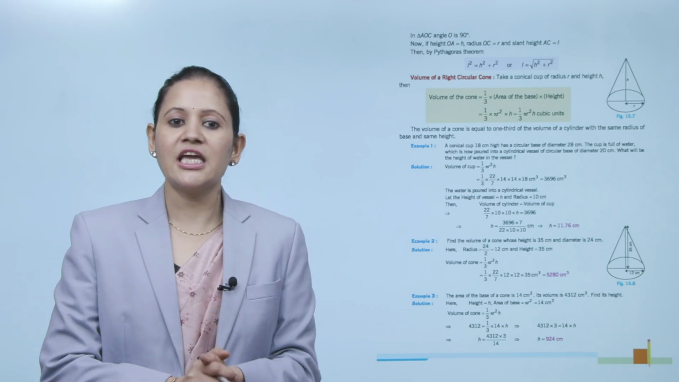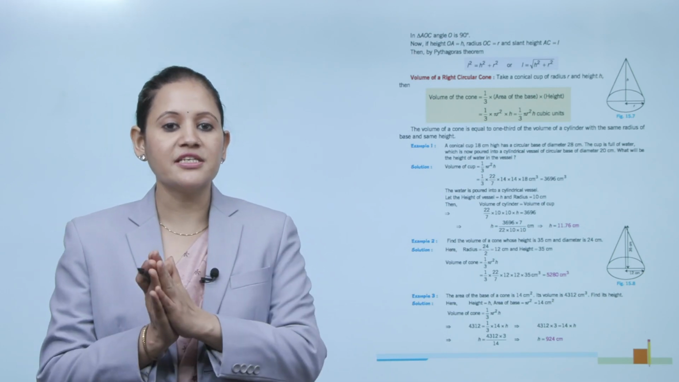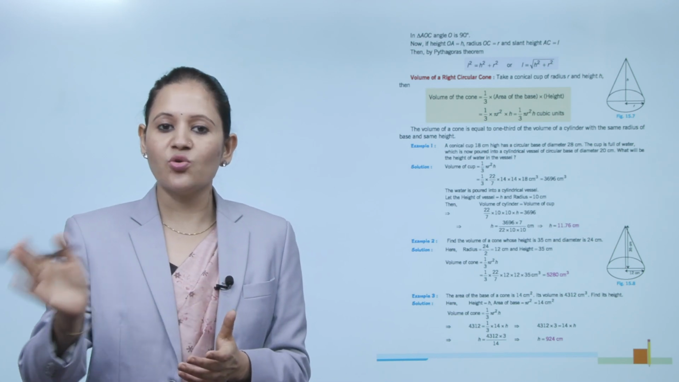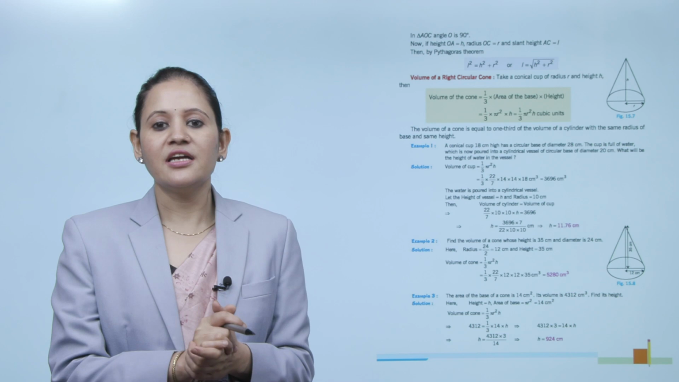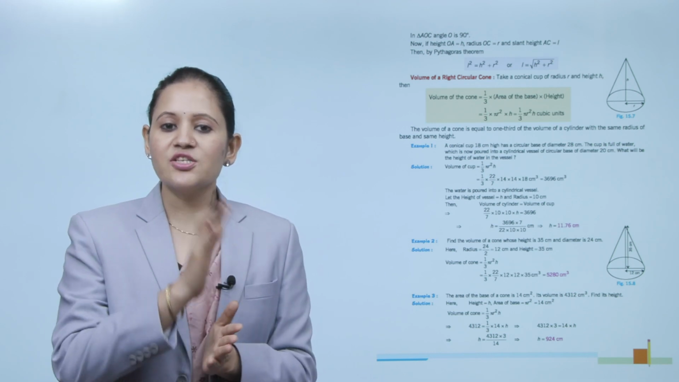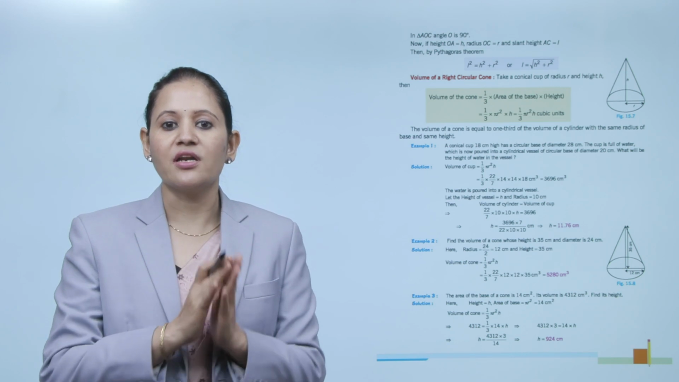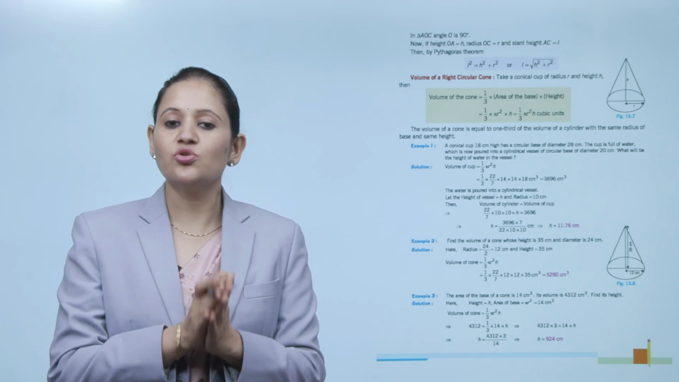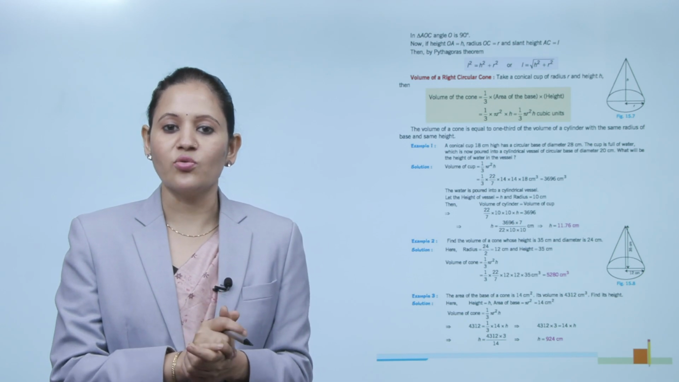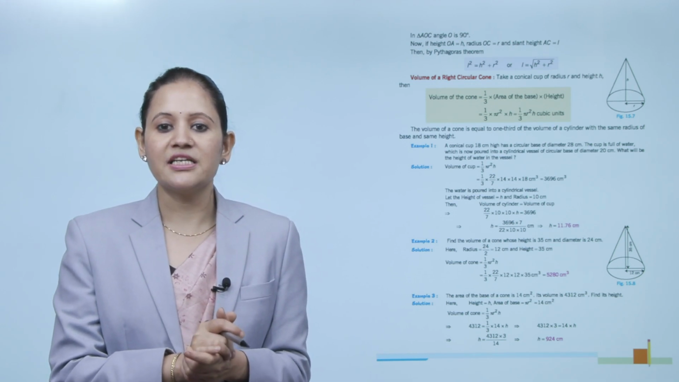In triangle AOC, angle O is 90 degrees. Now, if the height OA equals H, the radius OC equals R, and the slant height AC equals L, then by the Pythagoras theorem, L square equals H square plus R square, or L equals root of H square plus R square. Now, the volume of the right circular cone: take a conical cup of radius R and